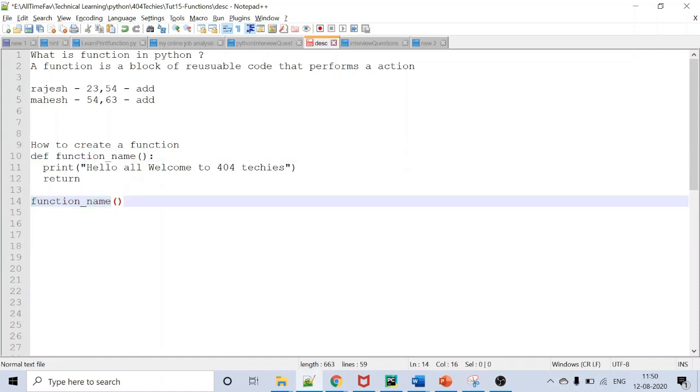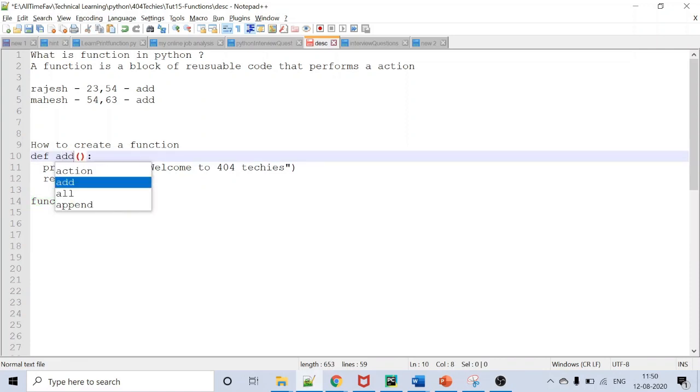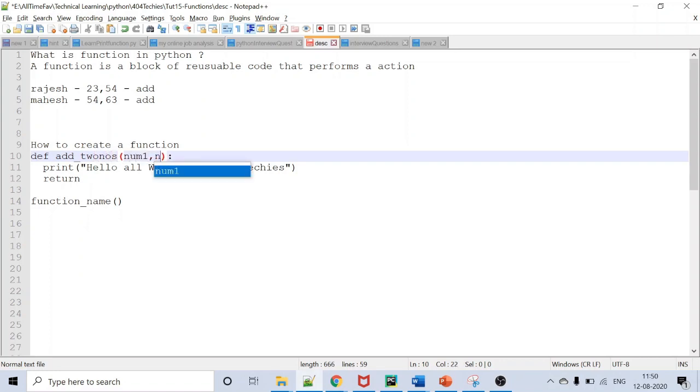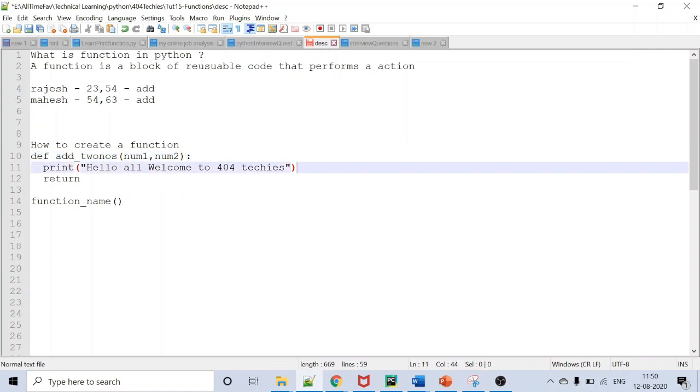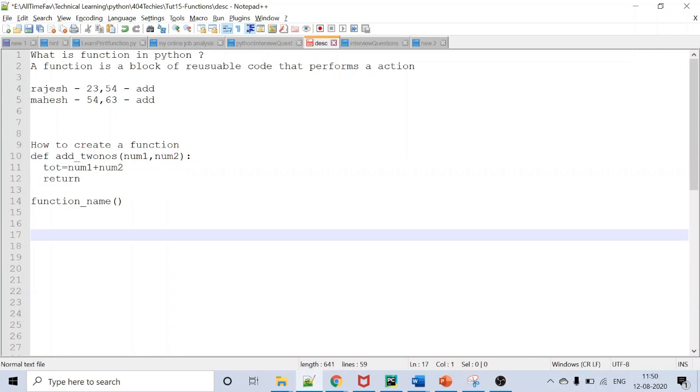So in our case I'm going to write add two numbers, num1 comma num2. Here, after an indentation, total equal to num1 plus num2. I'm going to return total.